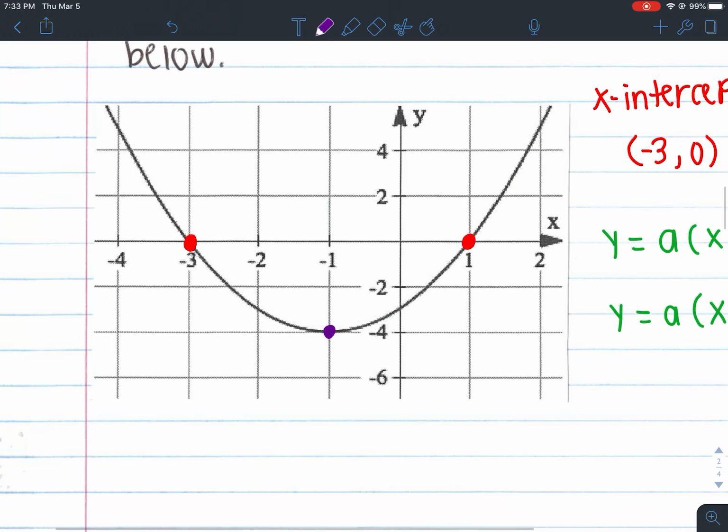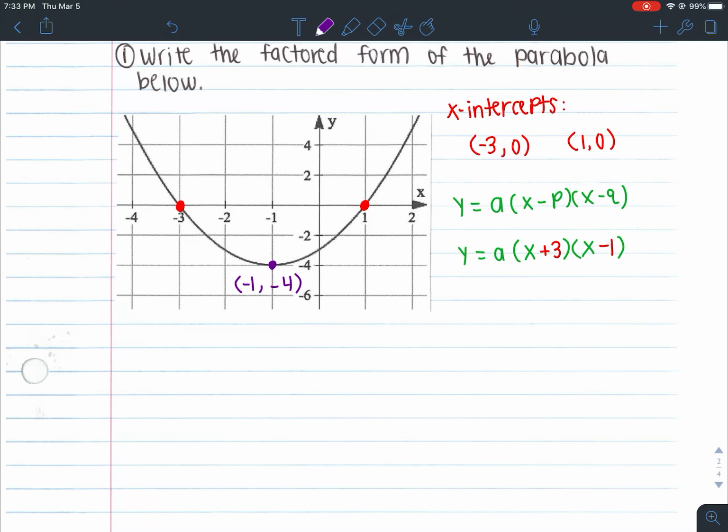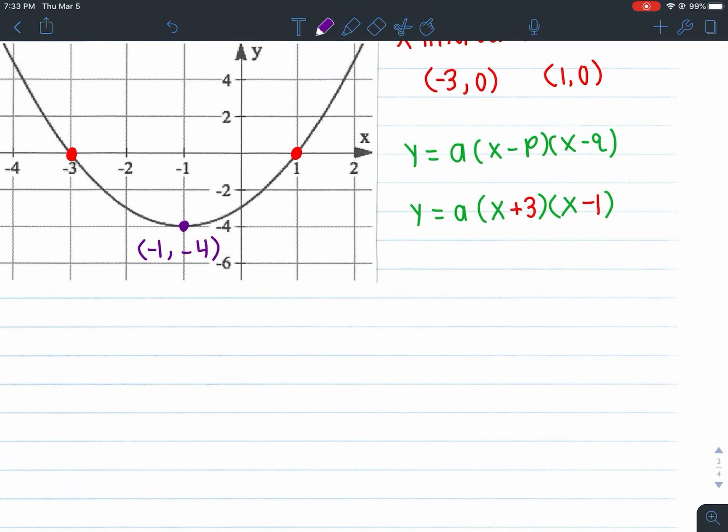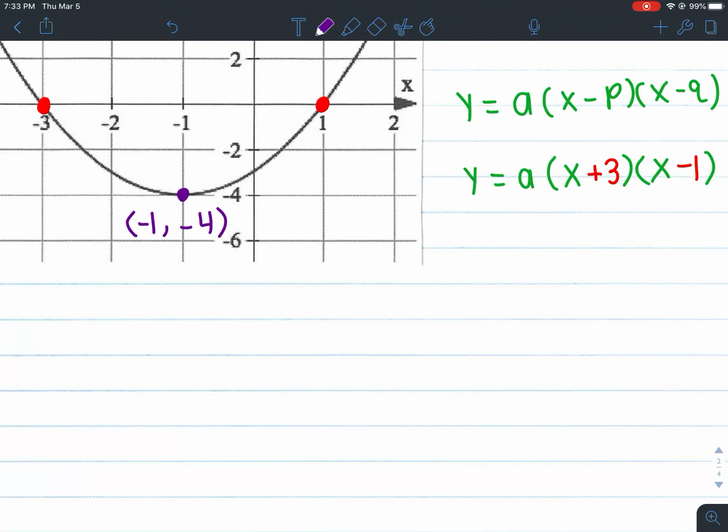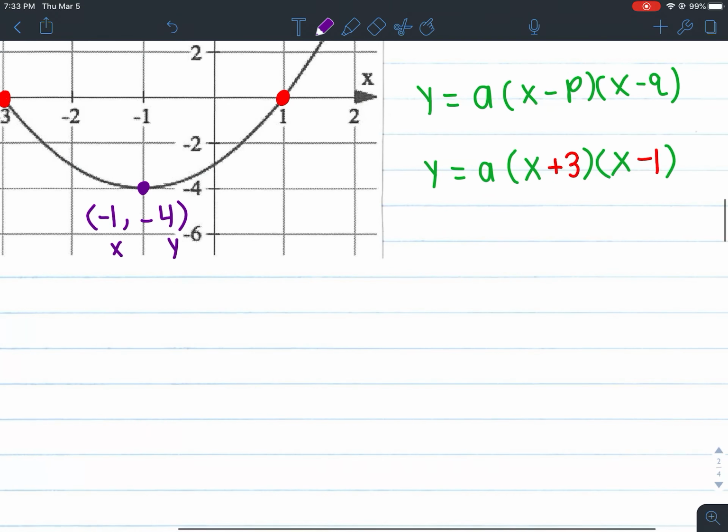So what is my vertex? Well, my vertex is -1, -4. That's a clean point for me to pick. Okay, and using that point, I'm going to use it to help solve for my a value. So remember, a point is listed as x, comma, y. And now I'm going to plug it into intercept form to solve for a. Well, to plug in for my y value, I would plug in -4